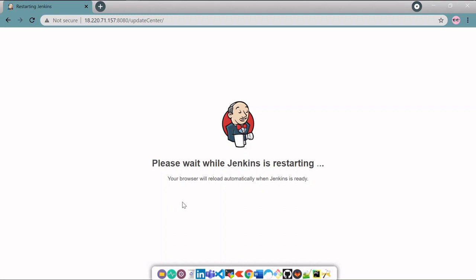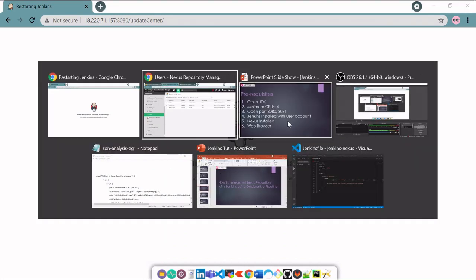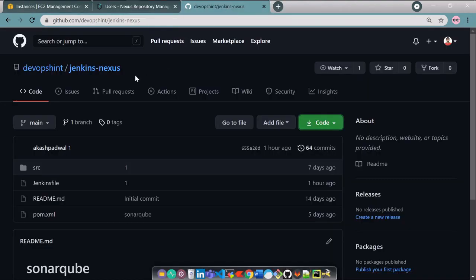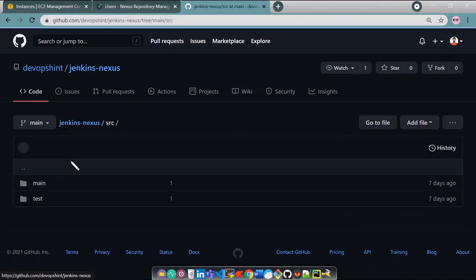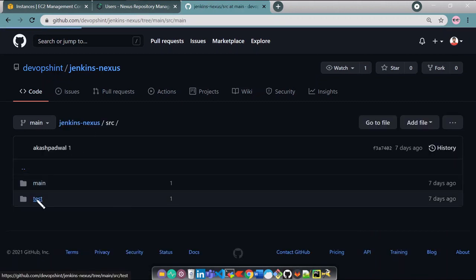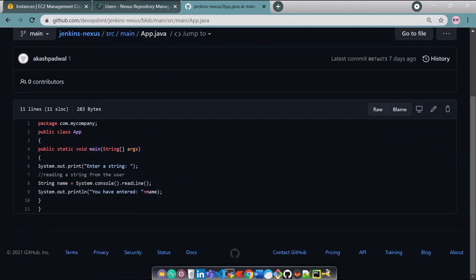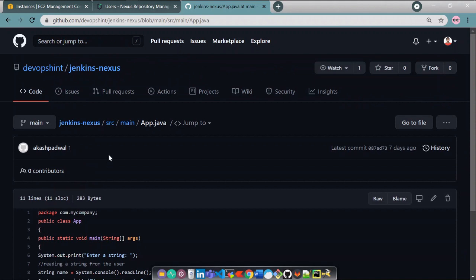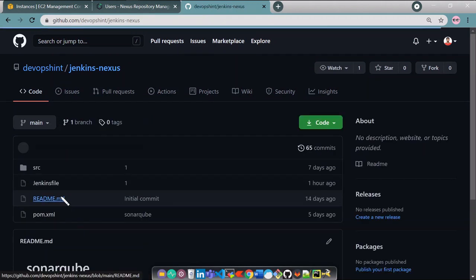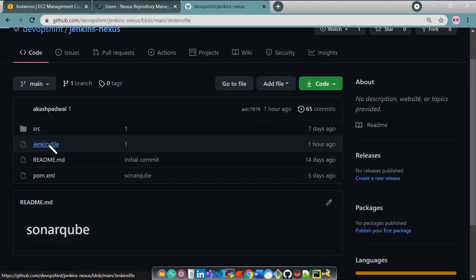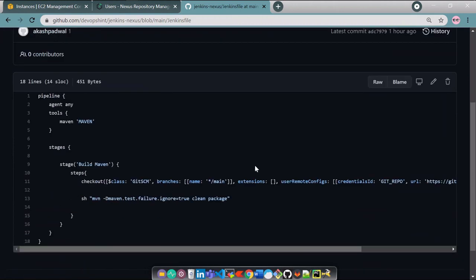So till it restarts, let me show you our project. So this is my GitHub repository, DevOps and jenkins-nexus. This is my repository. So here is a sample Java project, App.java, which will simply print a message. Then we have a Jenkinsfile.